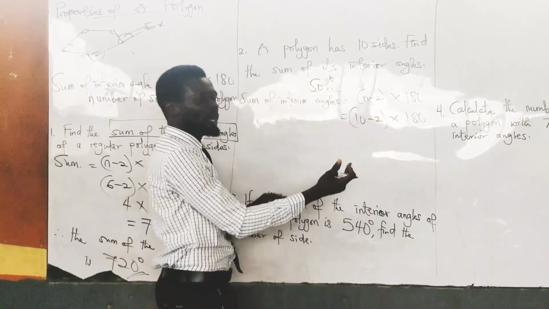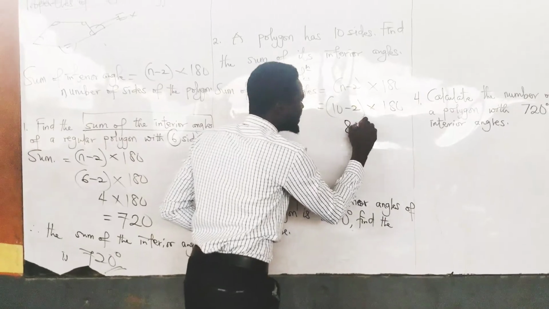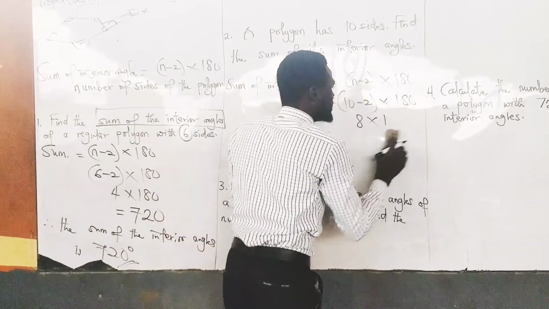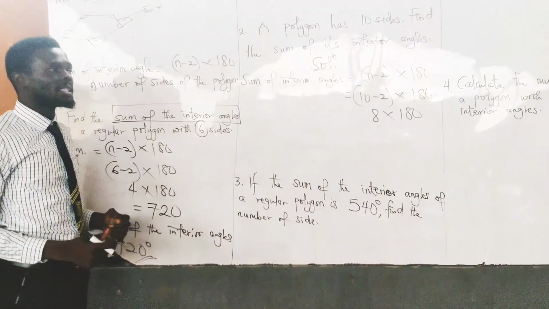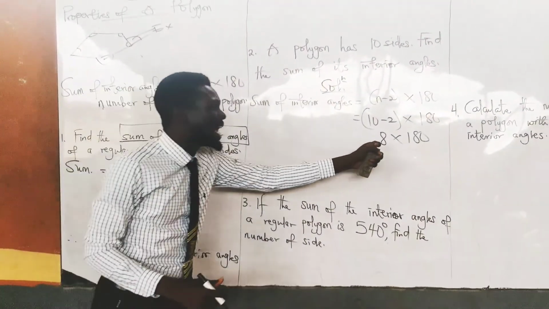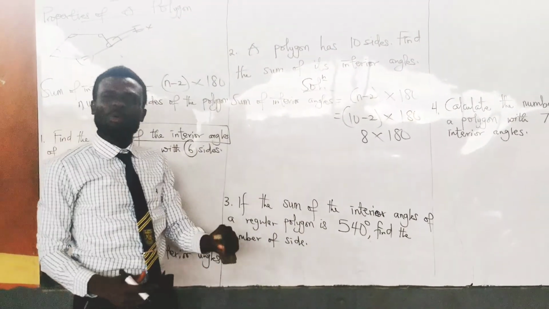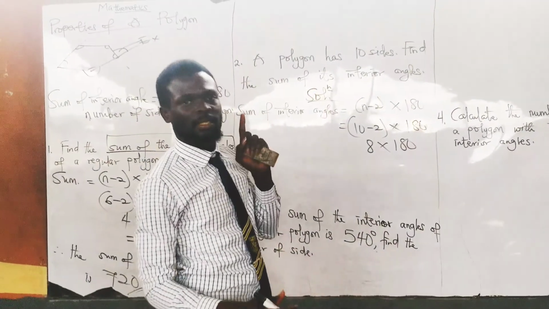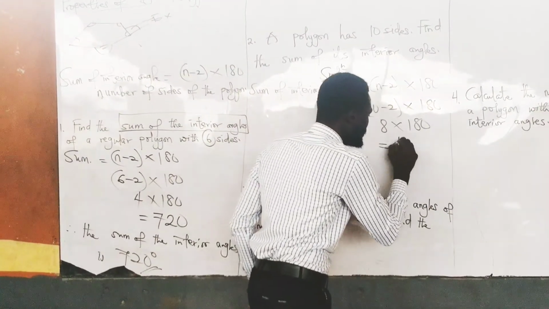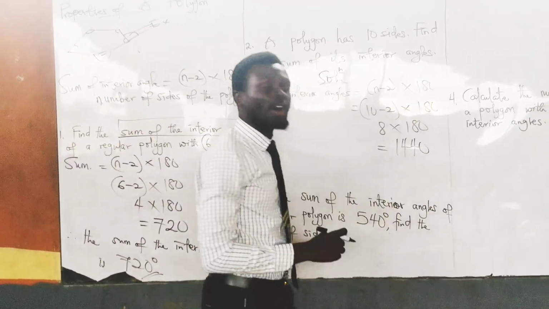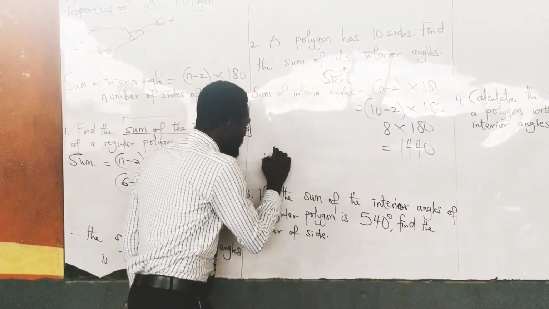What is 10 minus 2? If you take away 2 from 10, what are you left with? You are left with 8 times 180. So you multiply 8 times 180, which is going to give you 1,440. So we are going to say, therefore, the sum